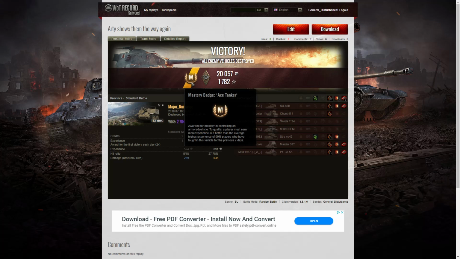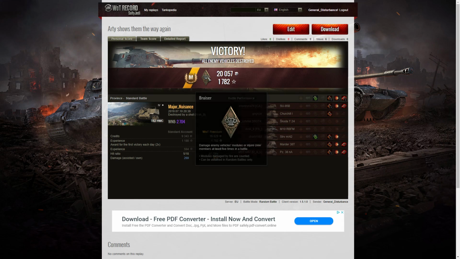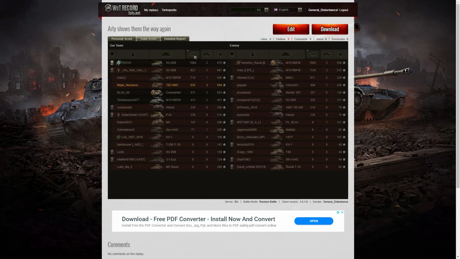So let's have a look at the end of battle stats. Well, it was an ace tanker, this one. T82 HMC for major nuisance. I also managed to get a bruiser medal out of that for getting at least 5 critical hits. In fact, I got 11, but unfortunately no other medals. Win 8 for the game was 2704, which is very decent, but not spectacular in any way. When it came to hit points, note the high score goes to that M10 RBFM. He got a high caliber with